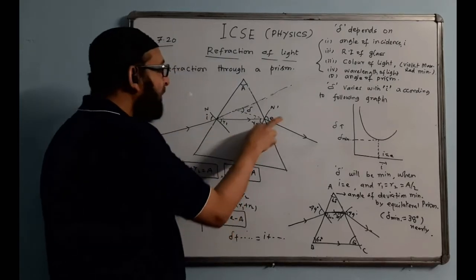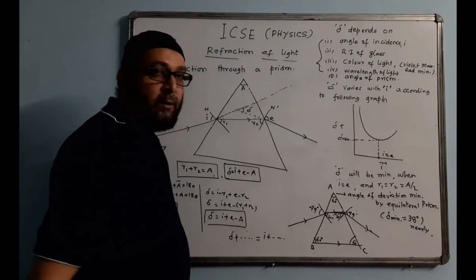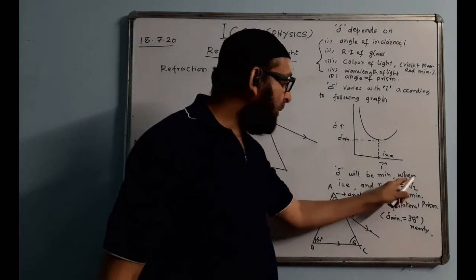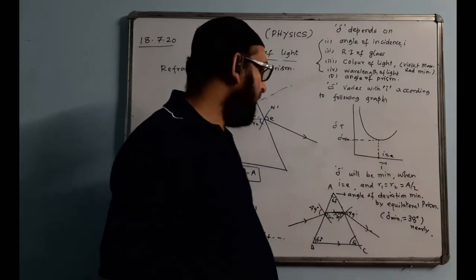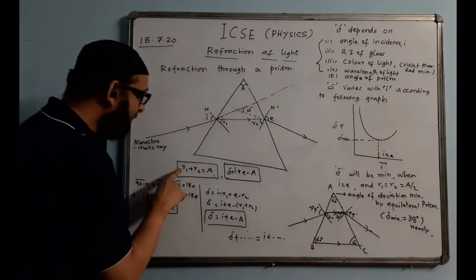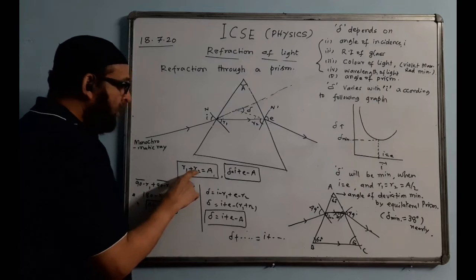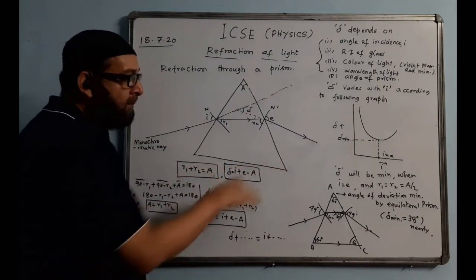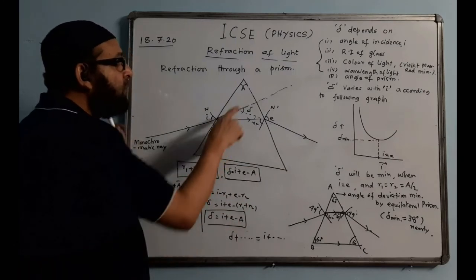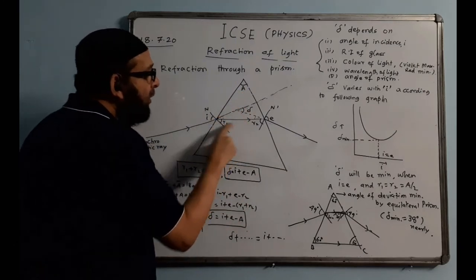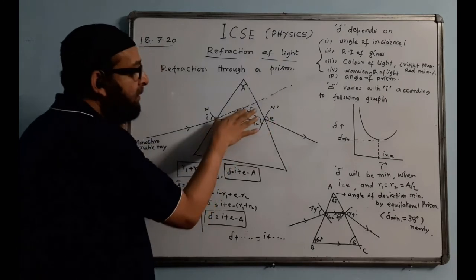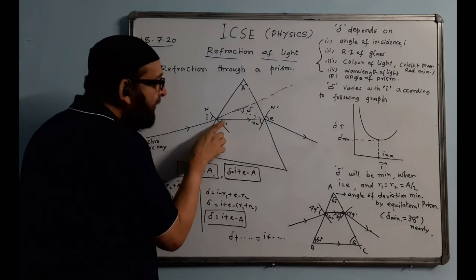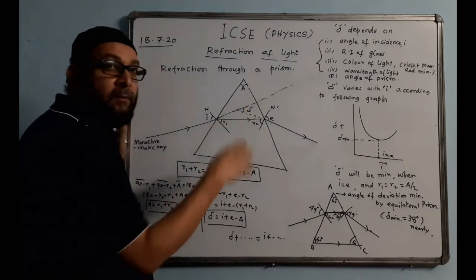When I and E are equal, then R1 and R2 also become equal, and R1 equal to R2 will be equal to A by 2. Each value will be A by 2. And the reason behind this: R1 and R2 are equal, so you can add them, 2R1 is equal to A. Therefore, R1 value will become A by 2. That means if suppose you have this angle 60, you divide equally 30, 30, then the angle of deviation will be minimum. If this is 100, you have to divide equally 50 and 50. Then this angle delta will become minimum.